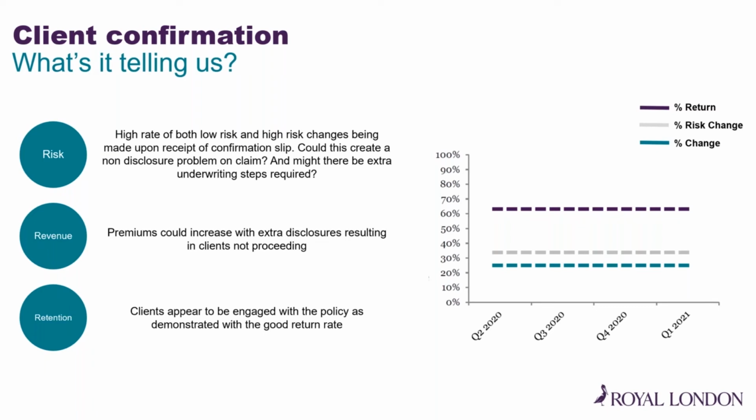And then if we look at the grey lines, these demonstrate the percentage of client confirmation returns where the change was actually serious. And this means it could affect underwriting decisions or premium, and obviously could then pose a risk to the client. So looking at risk for this company, the high rate of both low risk and high risk changes being made could create a non-disclosure problem on claim, and there's a real chance that further underwriting would have